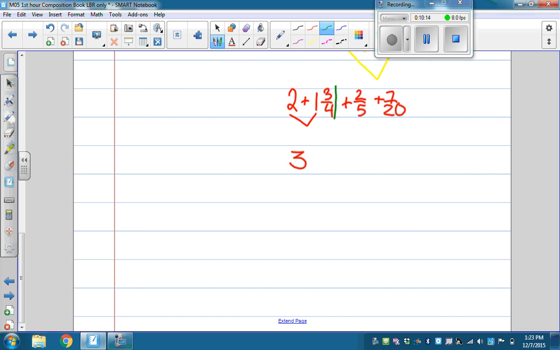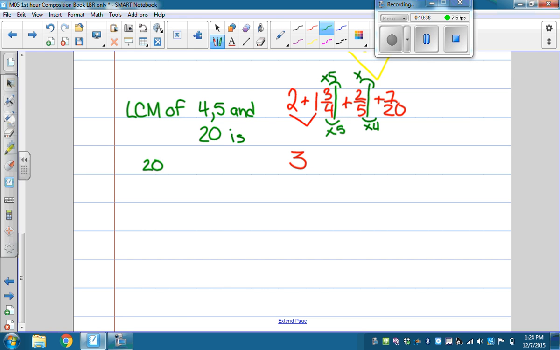I need some common denominators. My common denominator, the least common multiple of 4, 5, and 20 is 20. So that's my common denominator. So I'm going to multiply this by 5 and this by 4. So I get 3 plus 3 times 5 gives me 15/20ths plus 4 times 2 is 8/20ths plus